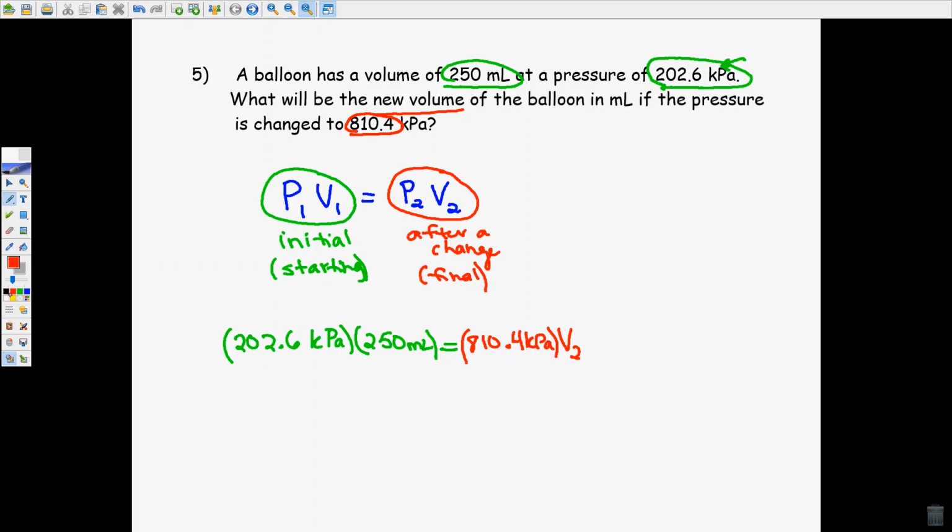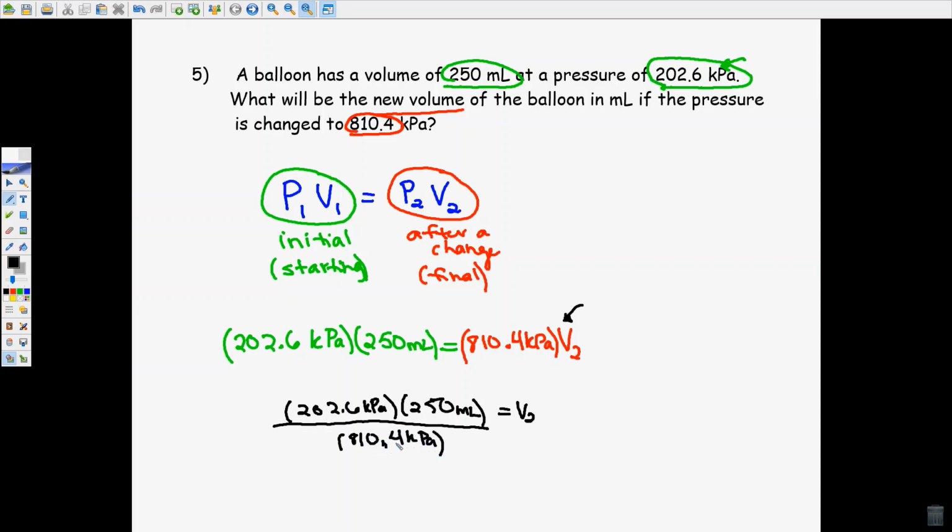Now what I need to do is solve the problem, getting V2 by itself. So how do I get my variable V2 by itself? The opposite order of operation of multiplication is division. So I'm going to divide by what V2 is being multiplied by. So that means that V2 is going to equal the 202.6 times the 250 milliliters. And then I'm going to divide by what V2 is being multiplied by, 810.4